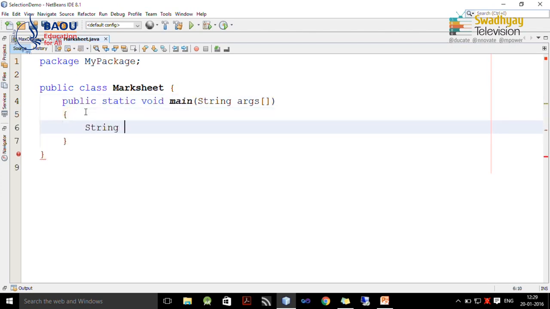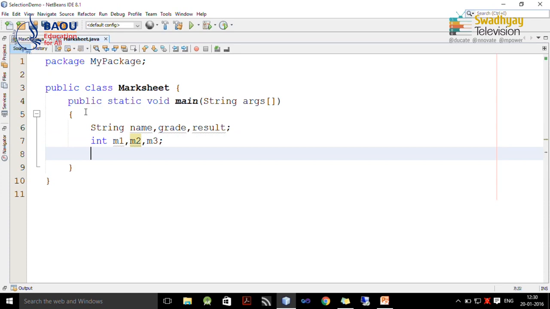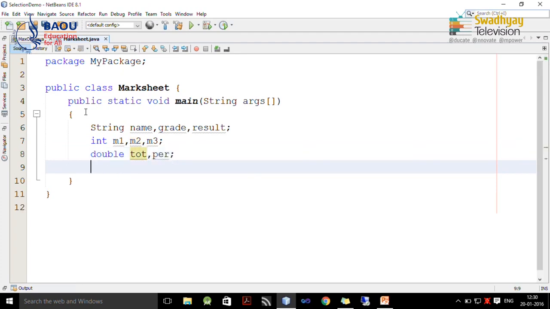Here I declare string variables which represent name of student, grade and result, and our marks are M1, M2 and M3 which represent marks in 3 subjects. We want to find out total and percentage which are of type double.